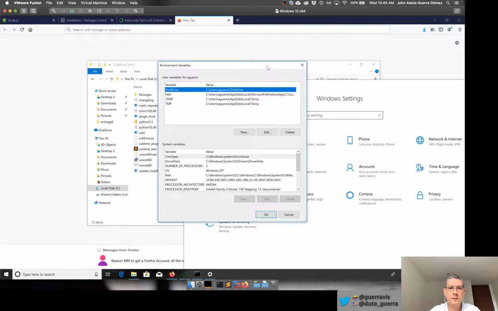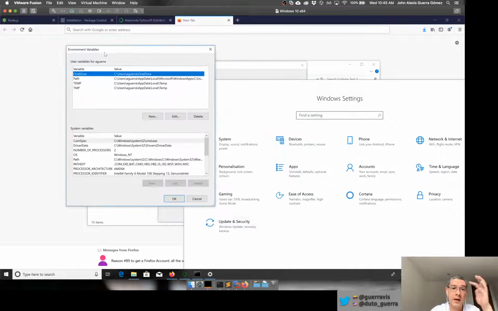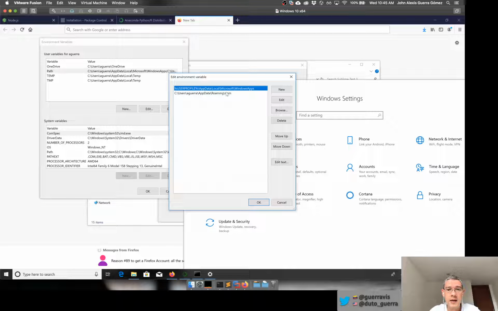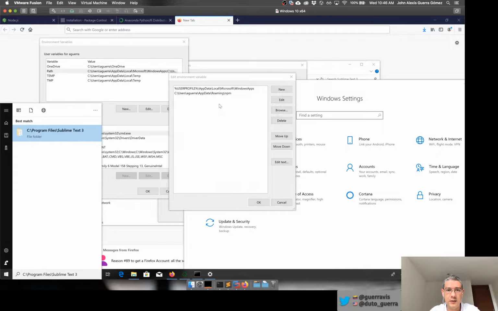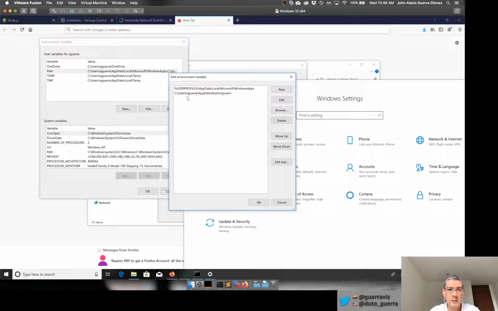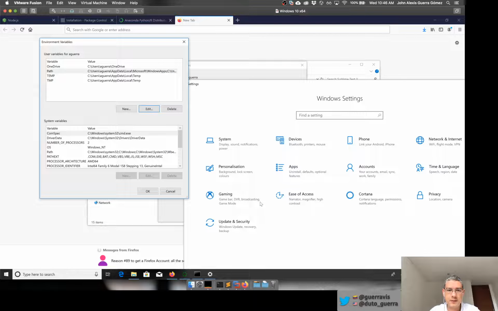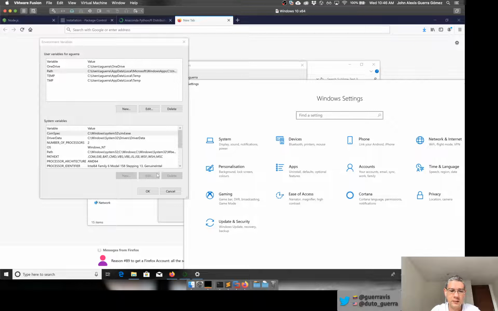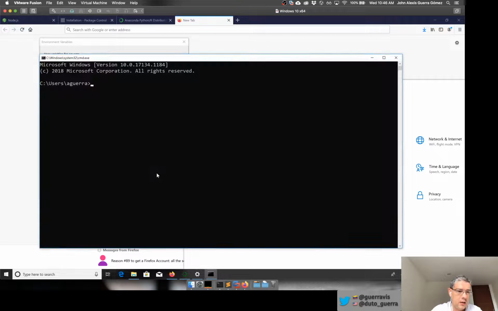Should open this window, and in that window you can see here are the environment variables for the system. So we want to edit this one, that is the path, and then we want to add in there a new path that is going to be the one that we just copied, that is Sublime Text. So after doing that, it's very important that you restart your command line. So I'm running that just by saying cmd in here. And then I'm going back to my desktop, to the folder I had, and then running Sublime,